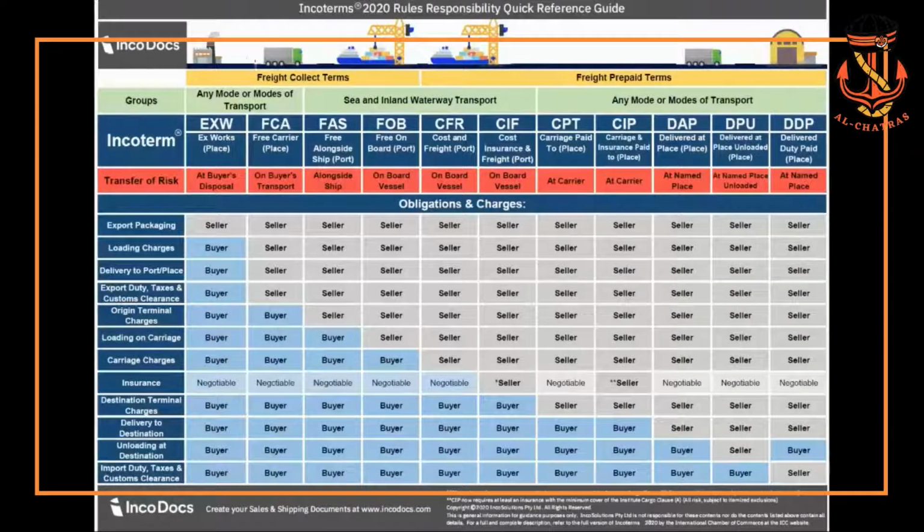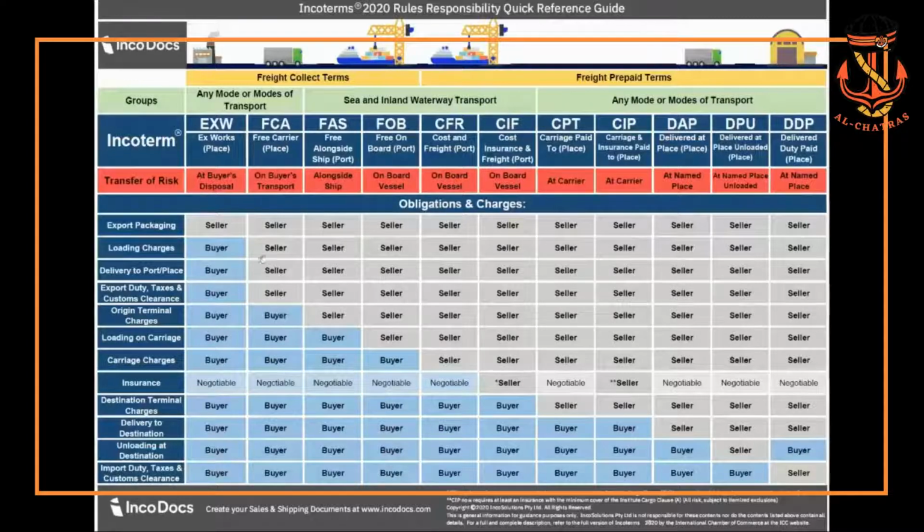Starting from the left side is the exporter or the seller of the goods, beginning at the seller's location or warehouse. As you move along to the right, the products leave the warehouse, get loaded on board a vessel or aircraft at the port of loading, get shipped through to the port of destination, pass through customs at the arriving country, and then get delivered further through to the buyer's location. Along the way, there are set Incoterms to establish which risks and costs are agreed to be paid by the seller and which are to be transferred to the buyer. The left side of the chart displays the different obligations and charges, and displays which are covered by the seller and which are covered by the buyer.